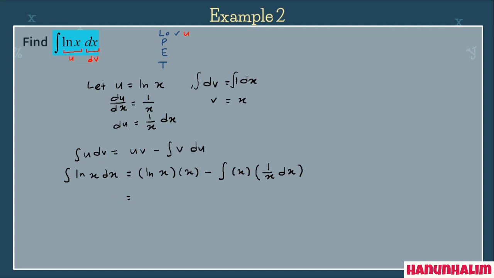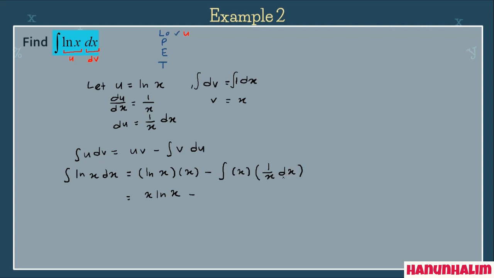Ln x times x dah tak ada integral form kan? Jadi bila tak ada integral sign tu, ya, kita bolehlah simplify terus. Ln x darab dengan x, boleh tak jadi ln x kuasa 2? Okay, so ingat ln x ni dia adalah satu term. Jadi bila kita darab dengan x, dia akan jadi x ln x minus, okay, this one, integral x times 1